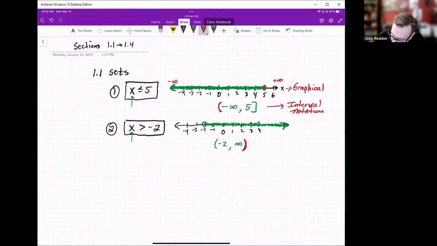When you're including the endpoint, you use a square bracket. When you're not including the endpoint, you use a round bracket, okay? So that's the basics of interval notation. Now from there, it just gets a little